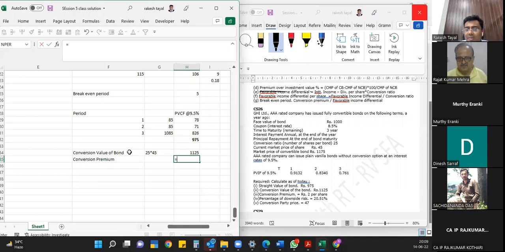What is the price? Market price of the convertible bond is 1175. So what is the conversion premium? Market value of bond minus